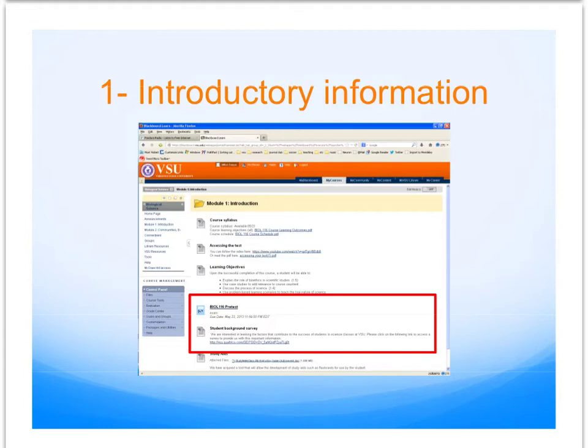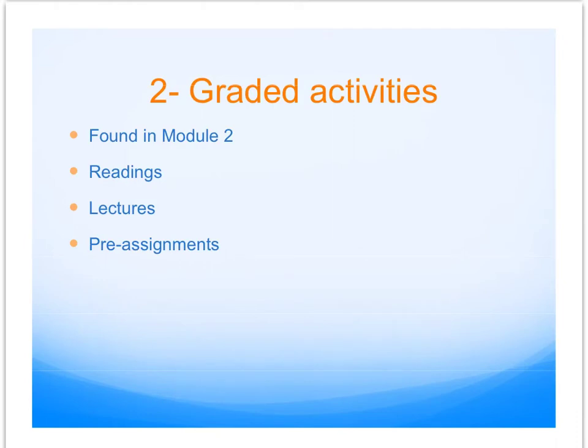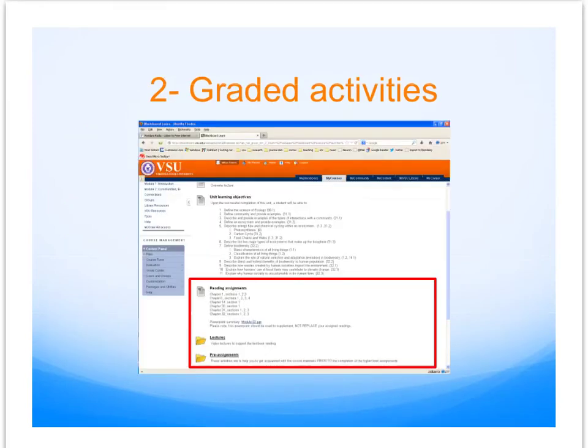The second set of activities are actually graded activities that are found in Module 2, the first of our content modules, and they include doing your readings, viewing some lectures, as well as doing some what we term preprints. So once you click on Module 2 in your navigation bar, you will see your overview lecture area,